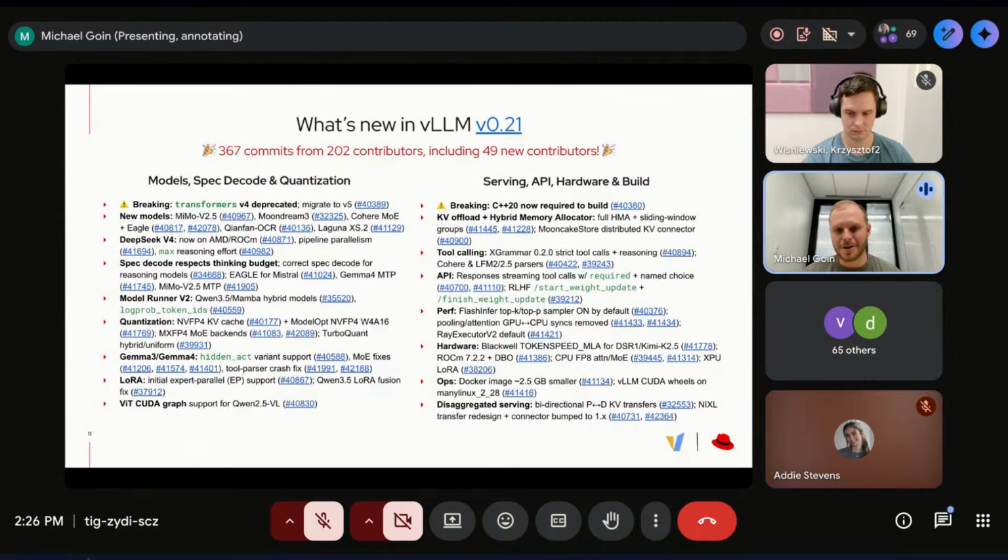We managed to make the Docker image even smaller by squishing some intermediate layers. We still have a bit more to go. I think it's around 10 gigabytes on the official one compressed, up from like 20 gigabytes a few months ago. So it's at least a lot better now.